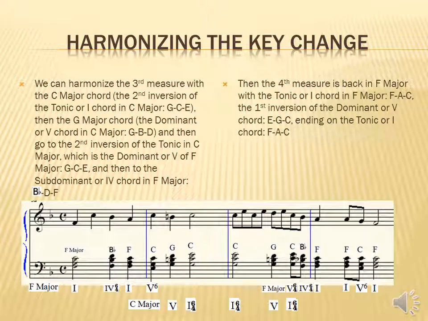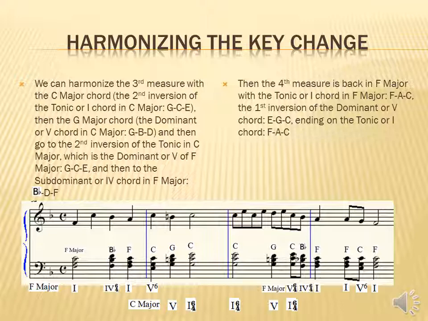We can harmonize the third measure with the C major chord, the second inversion of the tonic or 1 chord in C major, G, C, E, and then the G major chord, the dominant or 5 chord in C major, G, B, D, and then go to the second inversion of the tonic in C major, which is the dominant or 5 of F major, G, C, E, and then to the subdominant or 4 chord of F major, B